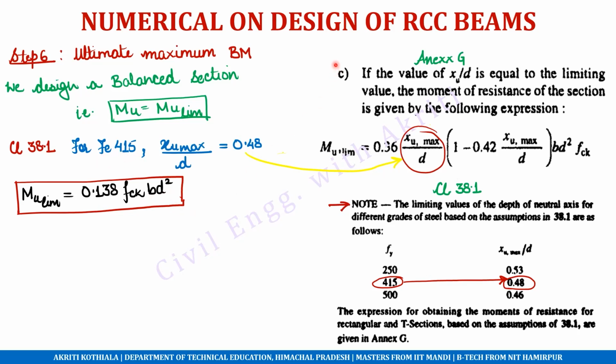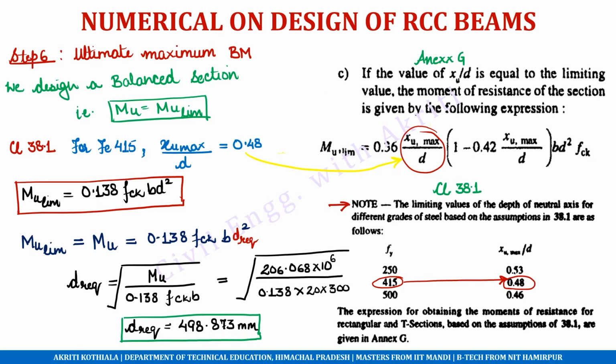So now substituting the values of fck, b and d in this equation, we can obtain d required. We have already assumed the effective depth d equal to 510 millimeters, but we want to check whether the assumed value is correct or not. So for that, we are using this particular step in which we design a balanced section and check that the bending moment acting on our beam has been sufficiently provided for by providing a sufficient depth. So d required can be calculated from this formula and is equal to